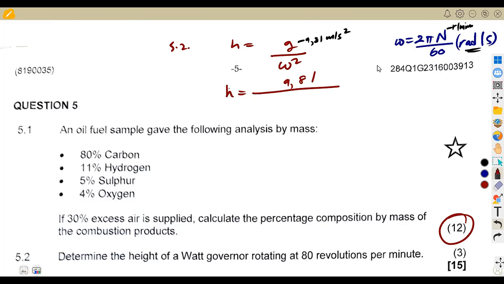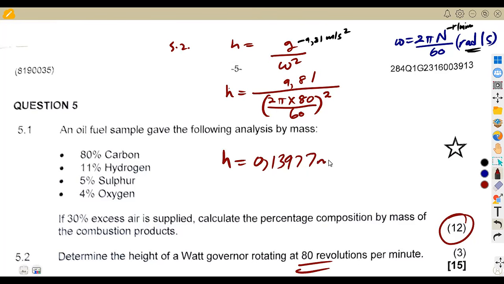Remember, omega is 2 pi N, so it's going to be 2 pi times the speed. We have got the speed in revs per minute here, so it's going to be 80. We divide by 60. Everything is being squared, so we're going to square this. So that's it. We're going to have our H from there, which was going to be